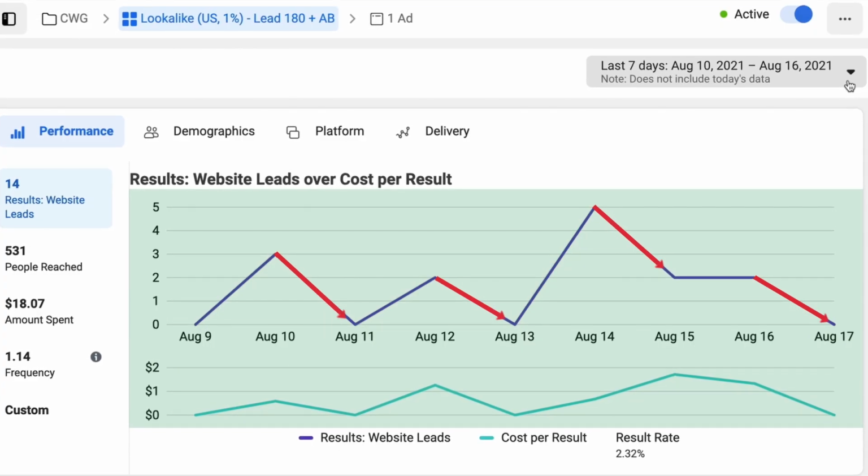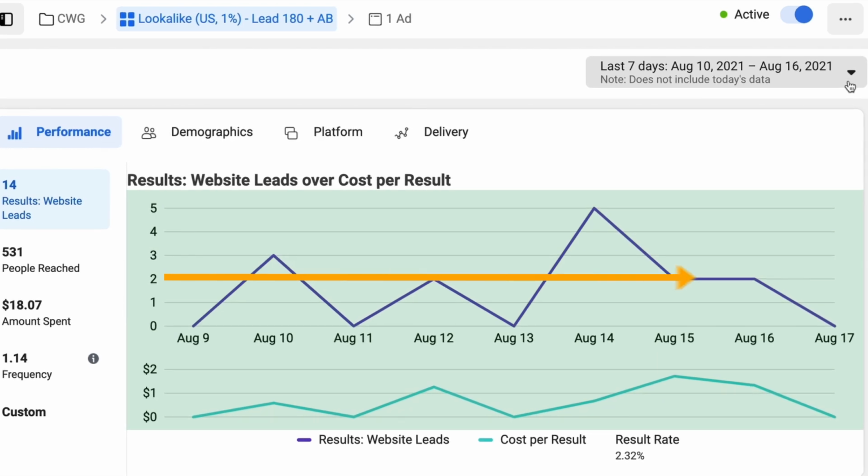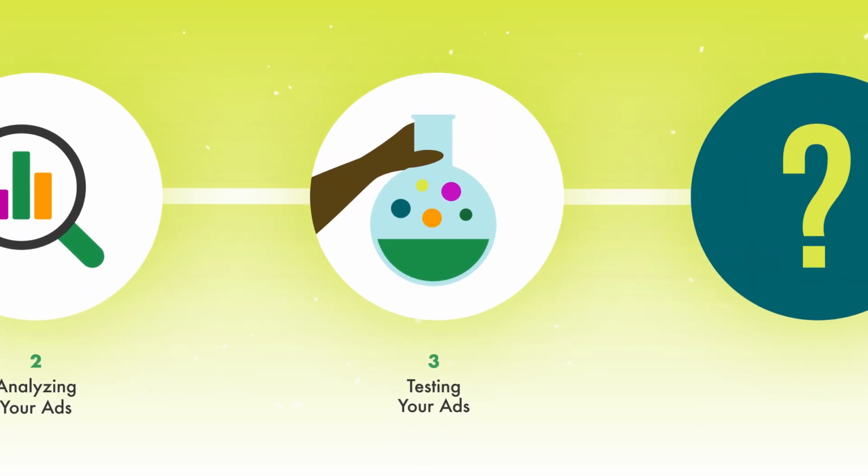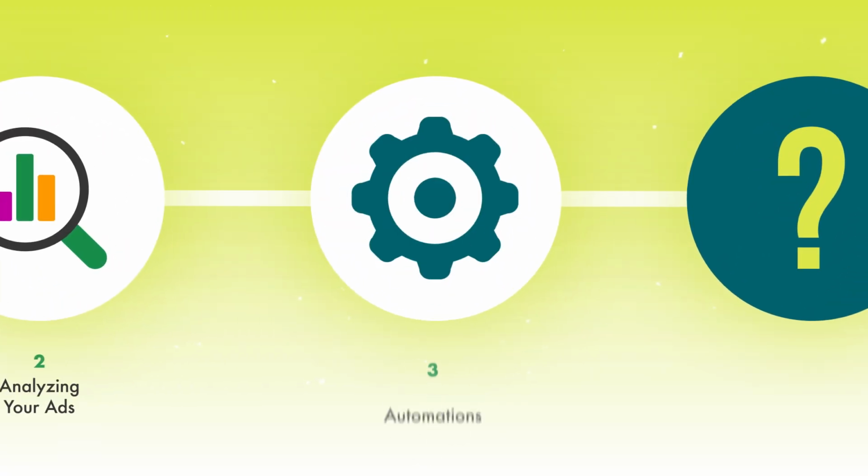I personally like to judge my ads based on at least a 4 to 7 day view, because some days are going to spike high and some days are going to spike low, and hopefully you get a stable average in between. Now you've just performed a monthly analysis. You're going to do some simple monthly testing and just check in a couple of times, maybe even just once depending on your budget, and you could turn things off that are too expensive or try out some new things if you want, or you can just do some automations.